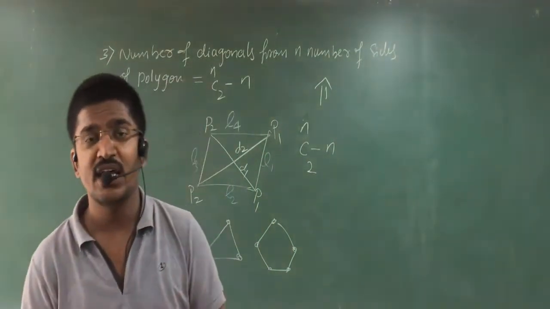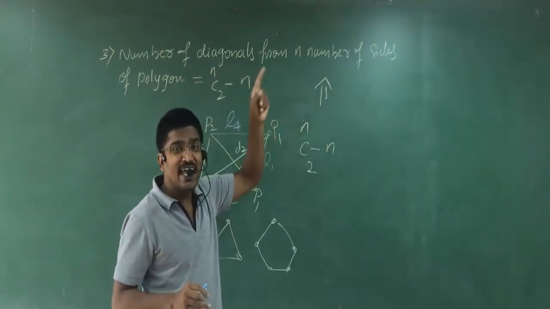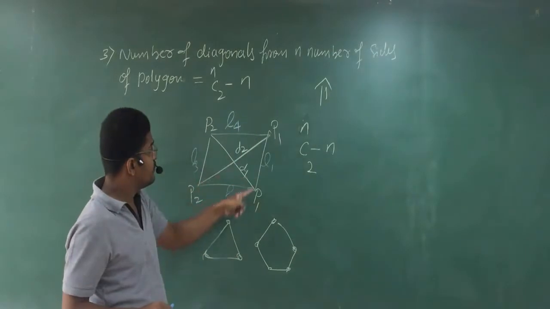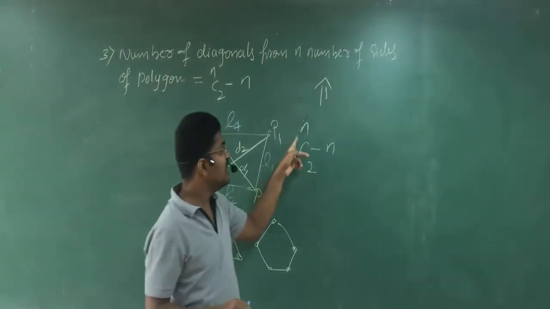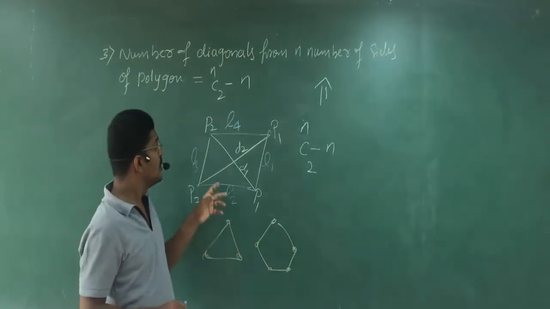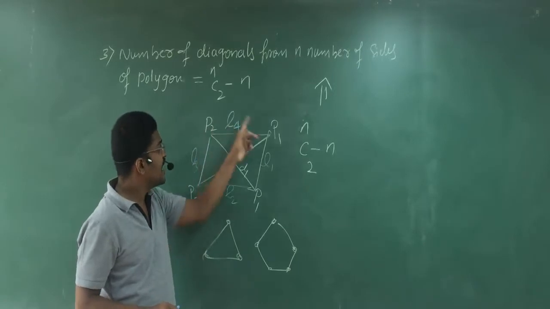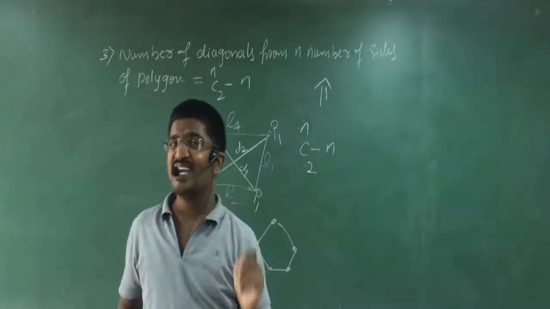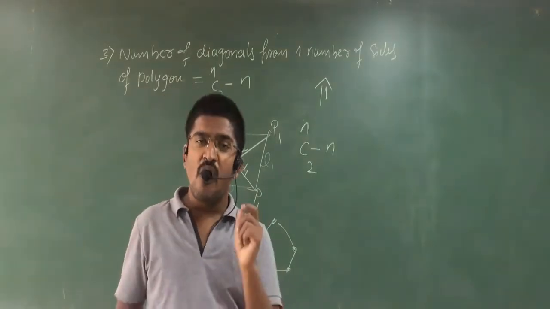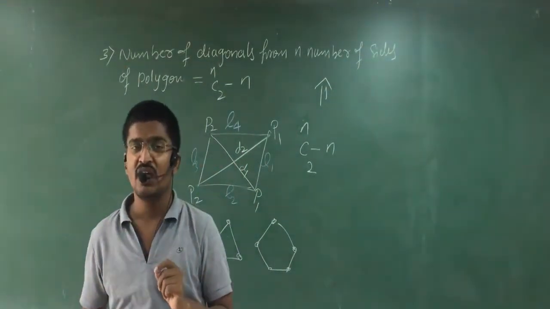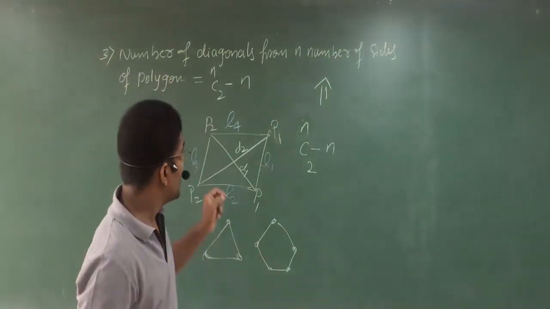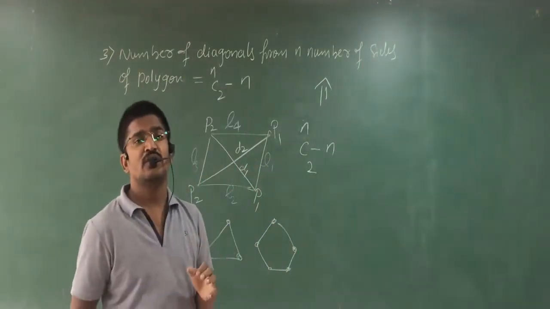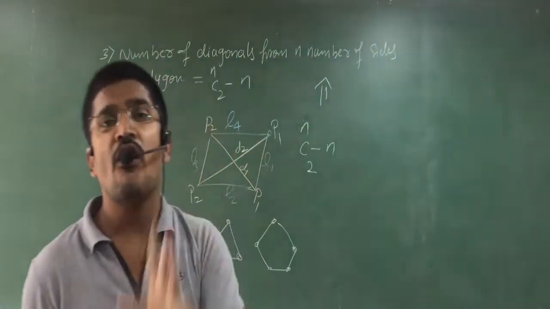Clear? So I know if I take n number of points, for any line I have to take 2 points to draw a line. From these 4 points, if I calculate the total number of lines, they will be NC2. But I don't need the total number of lines. I have to calculate only the diagonals. For that reason, I cancel these n sides. So that is NC2 minus n. That n can be the total number of points in the polygon or the total number of sides in the polygon. Are you clear? So while understanding this point you can go through that, but you just remember NC2 minus n will be the total number of diagonals in any polygon,